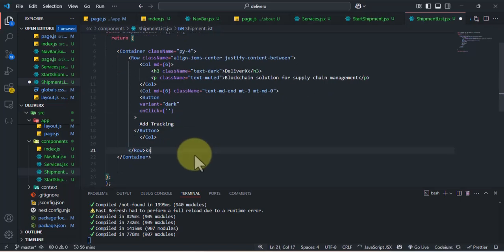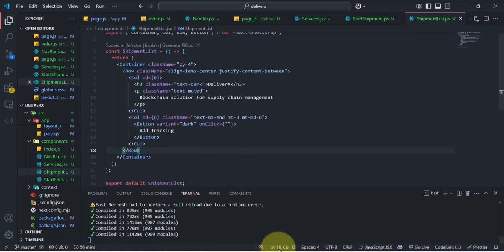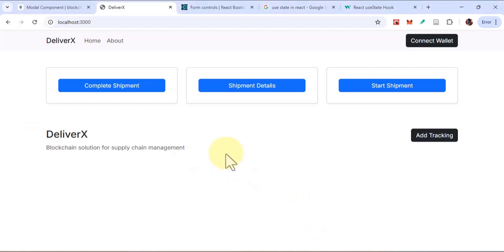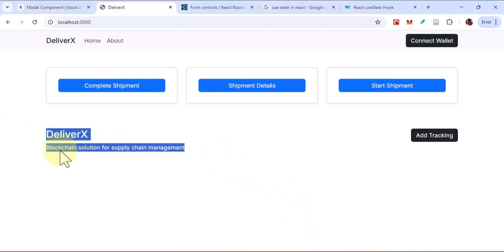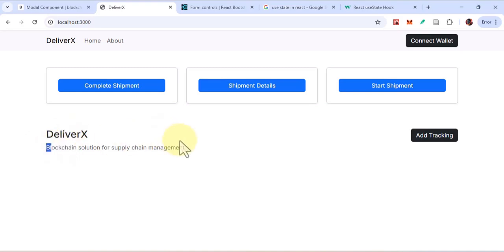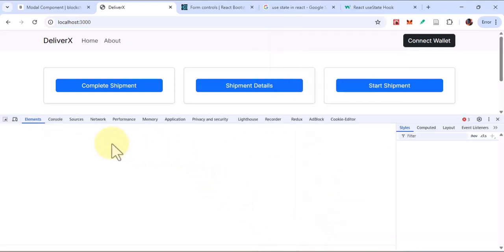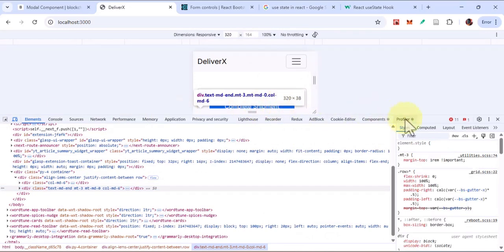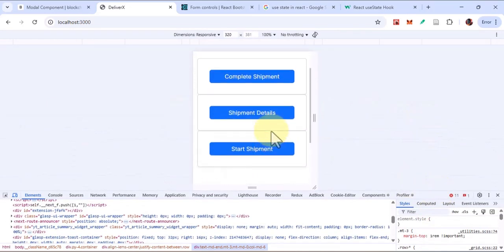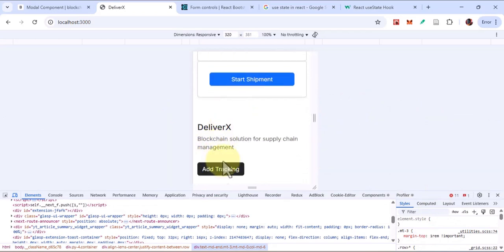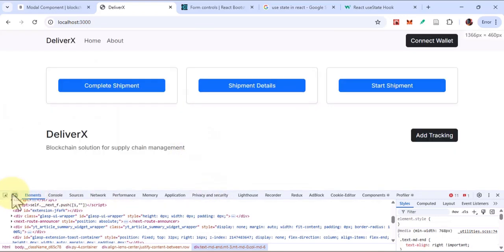So let's save to see what we have. To save, just do Ctrl K and S. You can see it's looking like our wireframe. Then you have your DeliverX, and you can also check the responsiveness. Don't forget how to check the responsiveness. Just right click, then go to inspect, then come to this particular button. Then you can see how it will appear on the mobile. So you can see that's the function of that margin top. If you don't have that margin top, it will be very close to it. So now that we have that, I think we can move